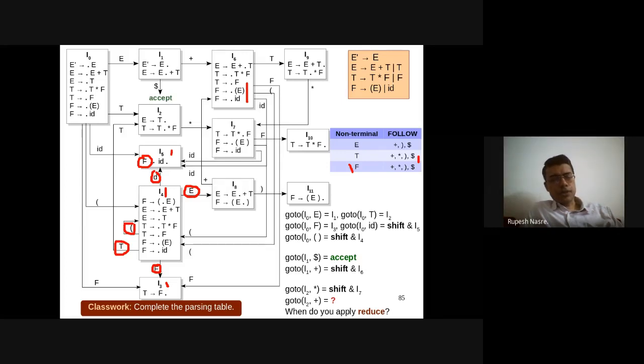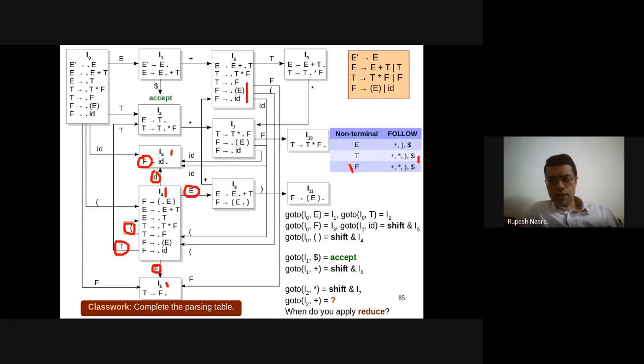And as you can imagine, if shifting is also possible and reduce is also possible, that doesn't necessarily mean that there is a shift-reduce conflict, right? Or if there are two reduces possible from the same state, then there is a possibility of a reduce-reduce conflict, but a shift-reduce conflict is not always going to happen. A shift-reduce conflict is going to happen only if there is a shift and a reduce possible out of a state and something more, right? What would that something more be?